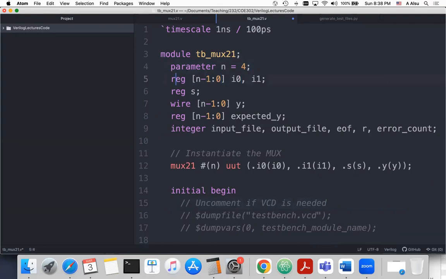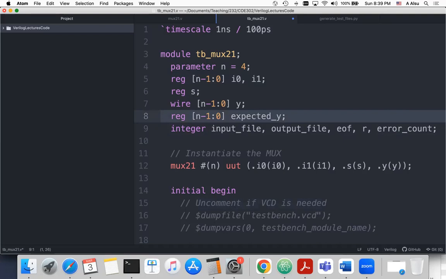Then I declare my registers I0, I1 and S, because I want to drive them during the initial block. And I want to observe Y,